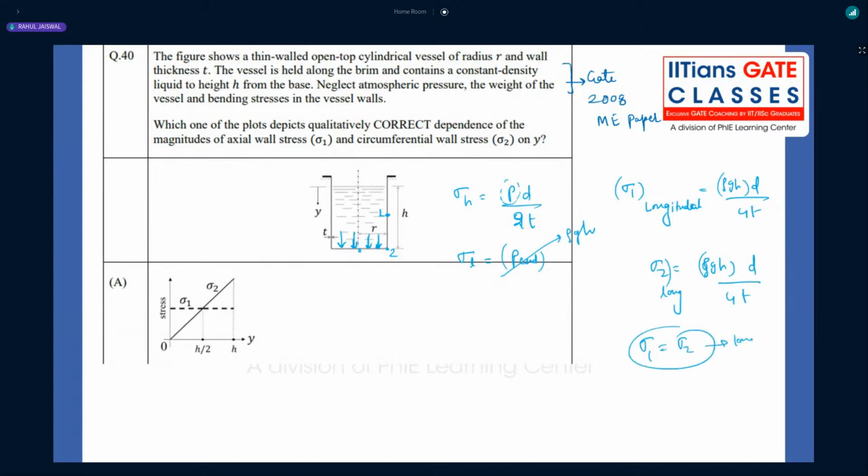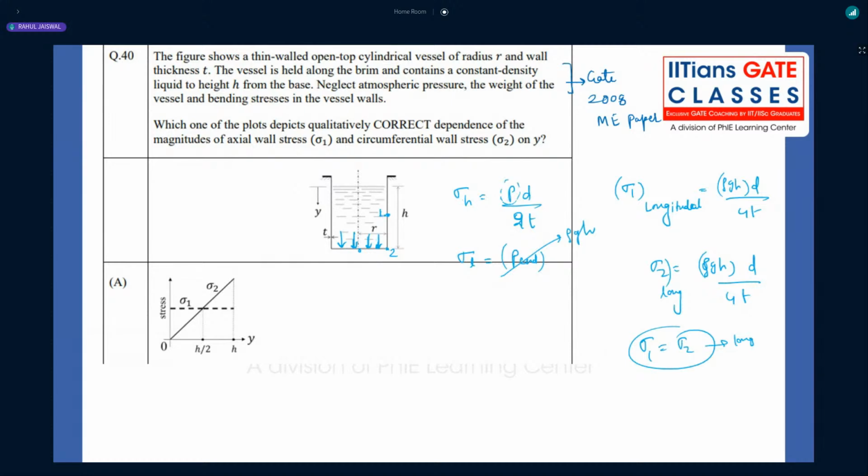About the longitudinal stress, no changes will be there at point number 1 and point number 2. It will be independent of the height, right? So what we can conclude is that whatever the sigma 2 is, that sigma 2 will remain the same. And the hoop stress is going to vary. The hoop stress will vary linearly, because you can see here P,